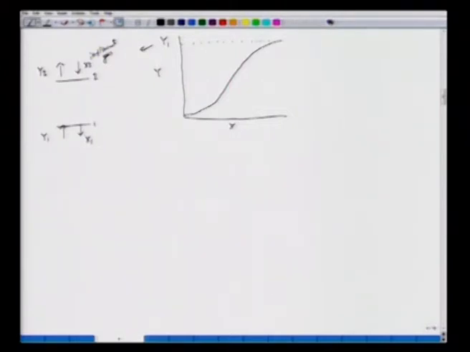So we have y1 here, and this is y2. Let's mark it here as y2, and corresponding to this coordinate we have x2, the mole fraction or concentration of the solvent. Now, if you have a general operating curve, then we will have the operating line something like this, with the slope Ls by Gs.